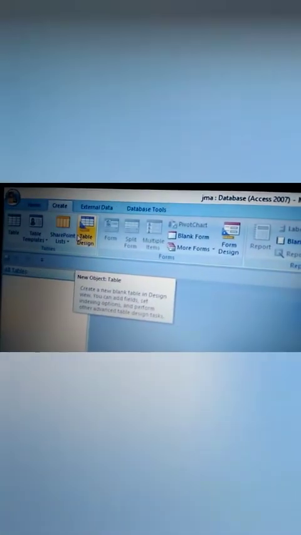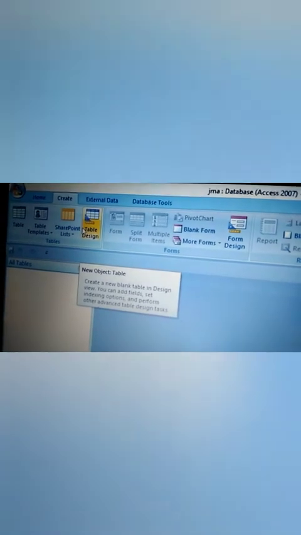So if we want to create a table, then click on the Create menu bar. After clicking the Create menu bar, these four options appeared on the screen to create a new database file.